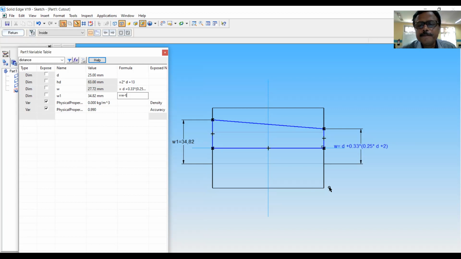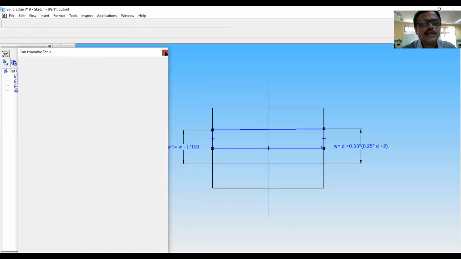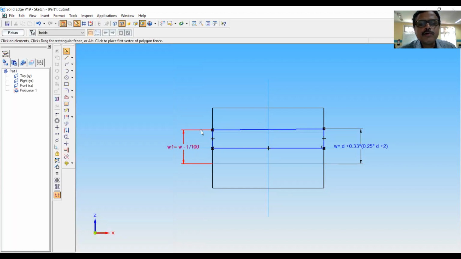T divided by 100. So it is now coming with value. You can see what I have done is I have fixed this point as well as this point to make this parametric. And this one is the profile for cutouts. We will return now.